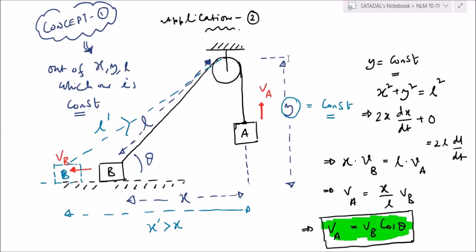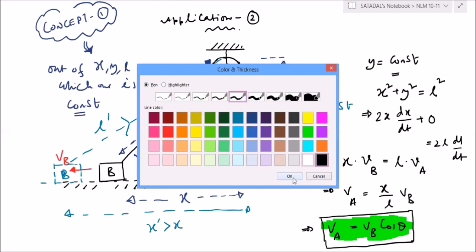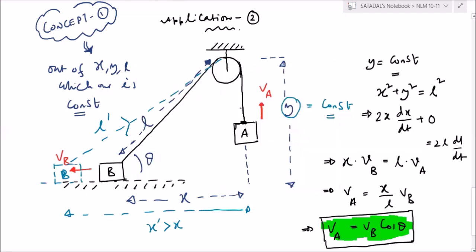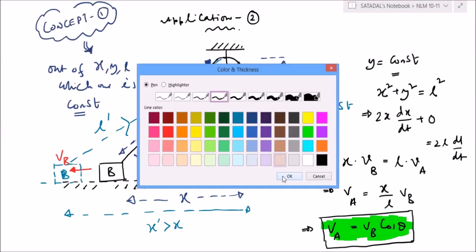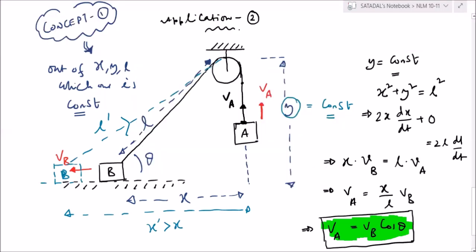Yogananda, Chepura Babu: once again explain dl. Which part? How dl by dt is equal to VA. Okay, fine, I will explain. See, this point is moving up with velocity VA, right? A is connected to the string, no? So on every portion of the string, the velocity is going to remain the same. So how much will the velocity be here? VA. That's it. So along the string it is VA, and dx by dt we take to be VB. So that is the relation we are getting.